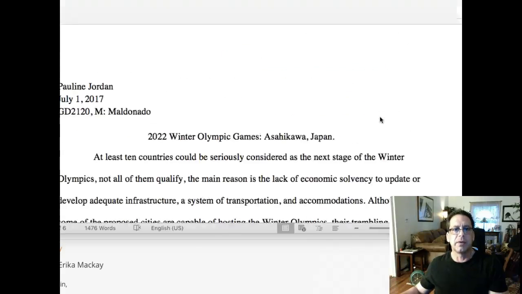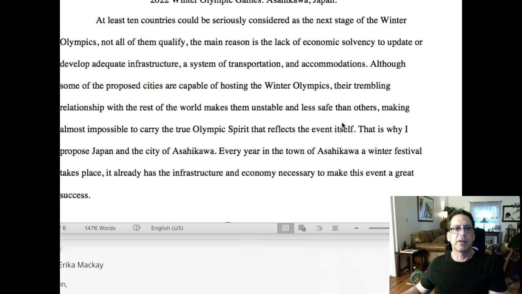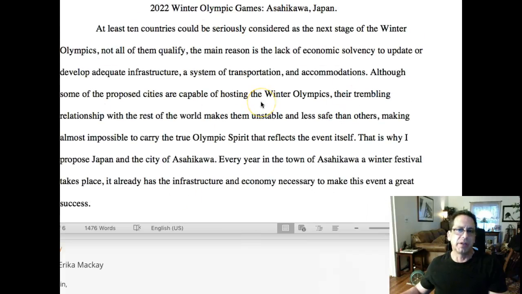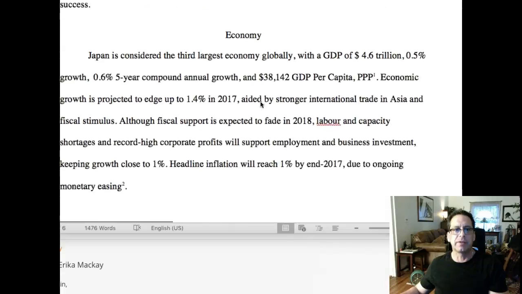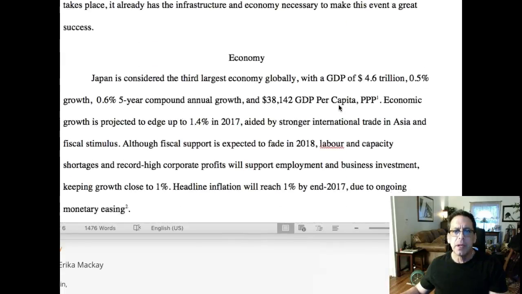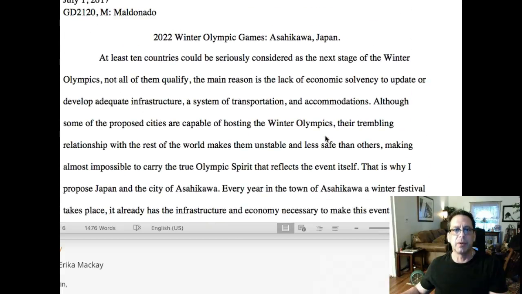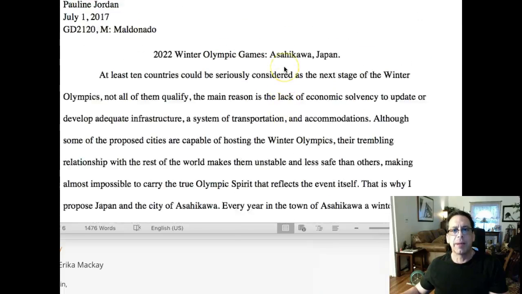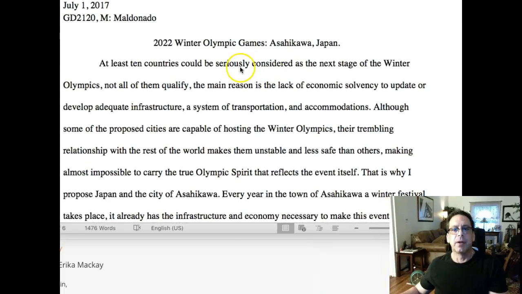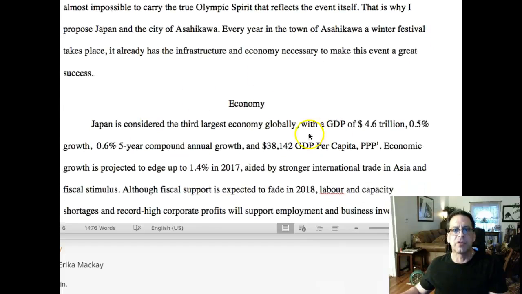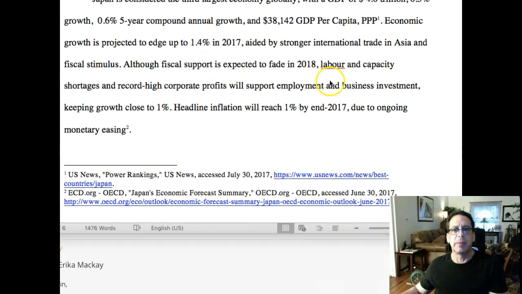Let's take a look at your presentation. This is a pretty good introduction. Good job there. Now you go straight into economy. But the one thing I would like you to do here in this economy, you talk about Japan proper, but I'd like you to drill this down to the economy of the local area that you're going to be, Asahikawa, Japan. So let's talk about Asahikawa and their local economies,